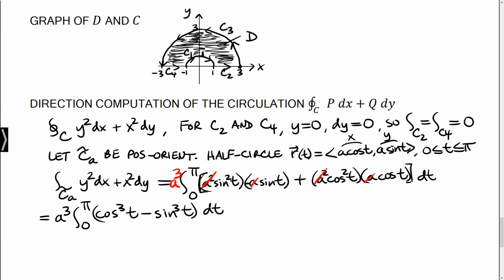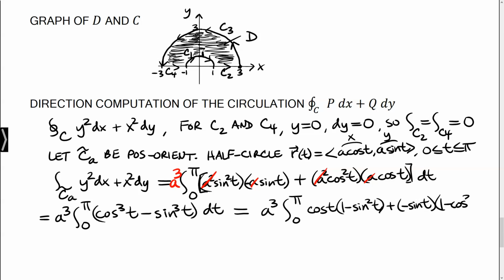Now this might look horrible until you remember that for odd powers of sine and cosine, they're really not that bad, because we can just pull out one of the factors. So I'm going to do this kind of quickly. I'm going to write this as cosine t times 1 minus sine squared. Okay, so that's cosine times cosine squared, that's cosine cubed. And then plus a minus sine. I need sine squared, which is also 1 minus cosine squared. And the reason I'm writing it like this